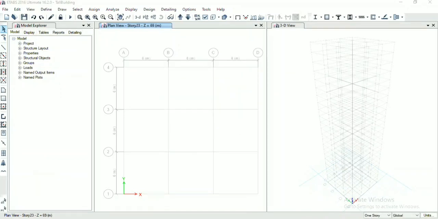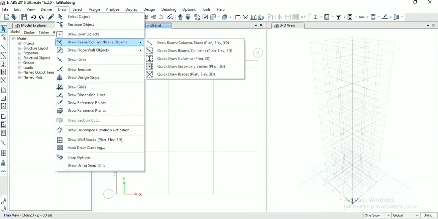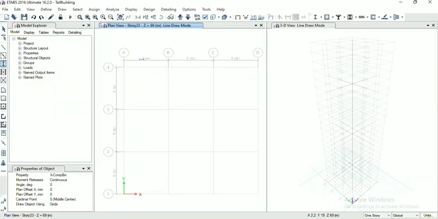After defining material and section properties, we will draw beams, columns and slabs. So first we will draw columns. For that go to Draw and quick draw columns. Now select any story between 1 to 8.